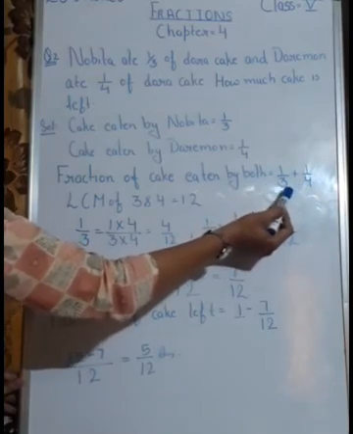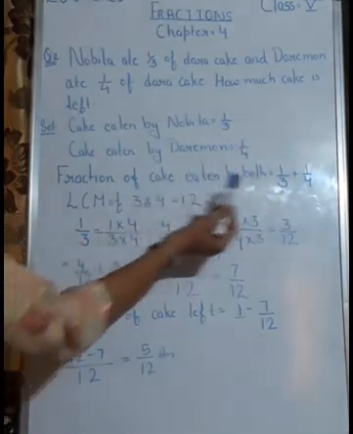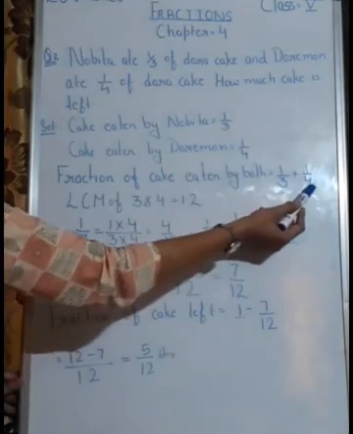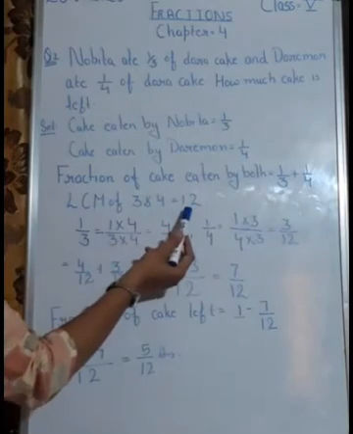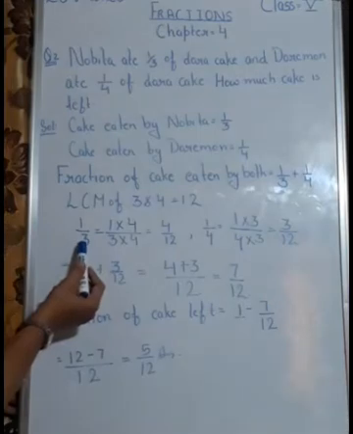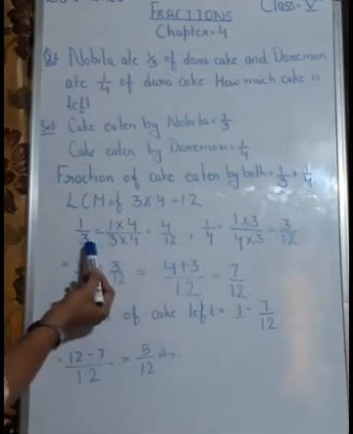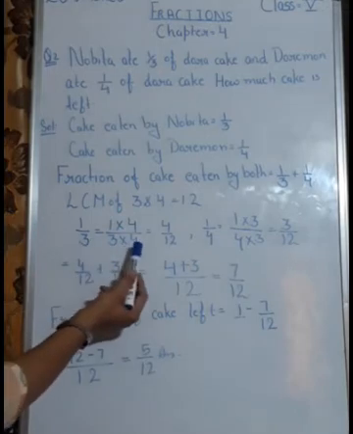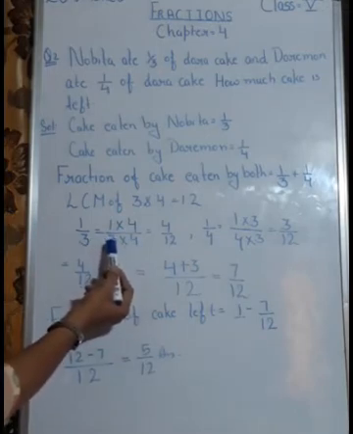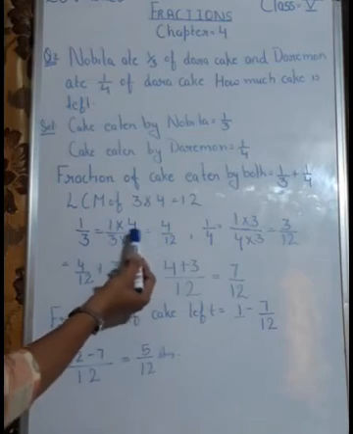Now these are unlike fractions and we know how to solve unlike fractions. First you have to take the LCM of 3 and 4. So the LCM of 3 and 4 is 12. Now you take the fraction 1 by 3 and convert it to an equivalent like fraction with denominator 12. For converting them, I have to multiply this 3 by 4. If I am multiplying 3 by 4, then you have to multiply 1 by 4 only,